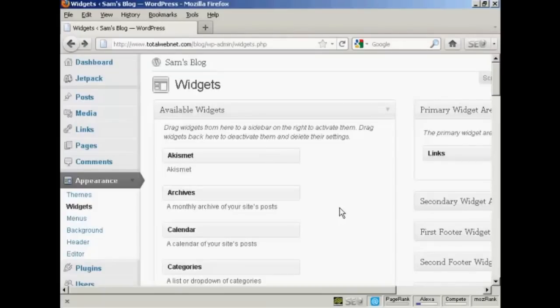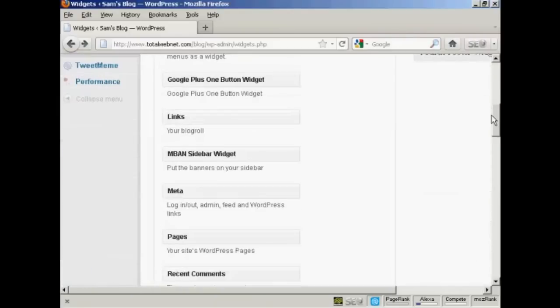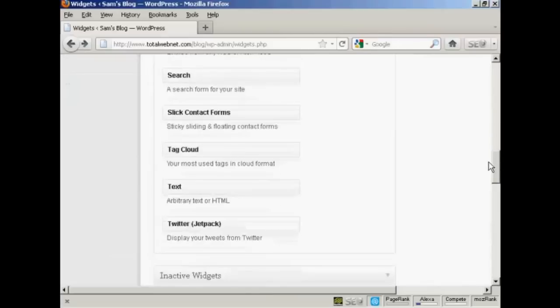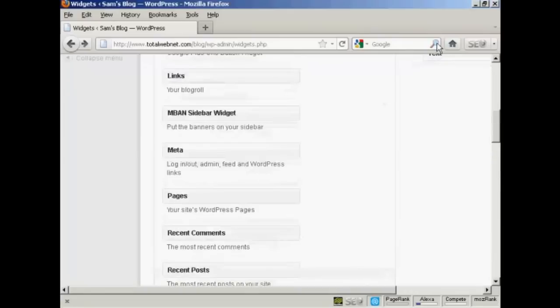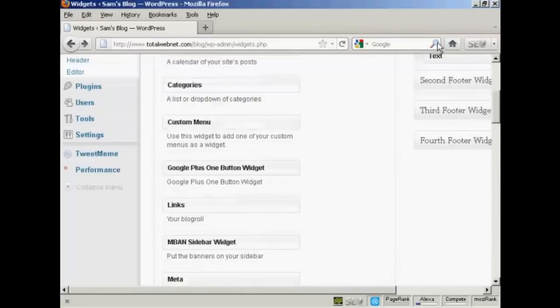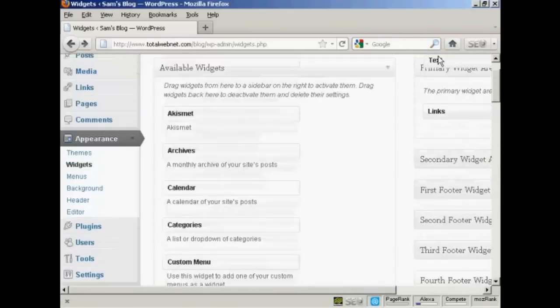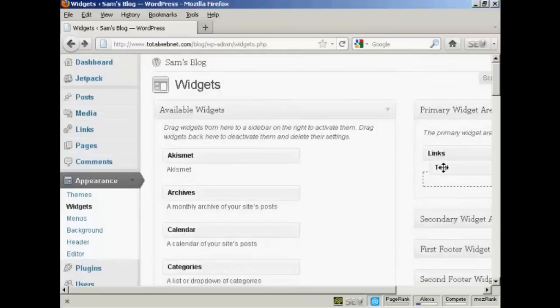If you have a WordPress blog, then you'll need to add the badge using a widget, and what you want to do is use a text widget. So you log into your dashboard and go to Appearance and then Widgets, and scroll down. It says text, it says arbitrary text or HTML. Drag that over into the widget area that you want to use. I'm going to use the primary widget area,